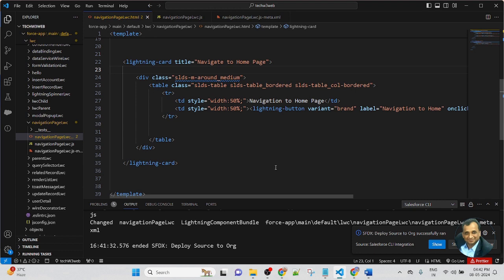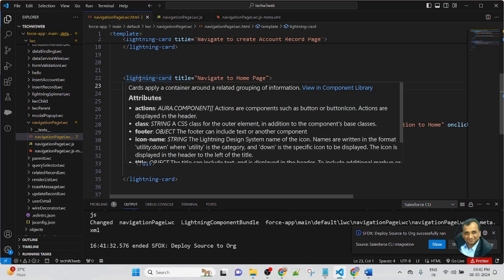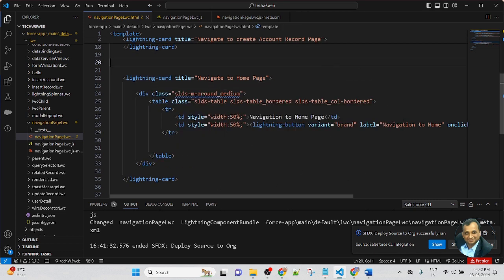So in this lesson, I created another lightning card. In the lightning card, I created a table with tr and td. I am using navigation to home page in the first td. In the second td, I am creating a button.